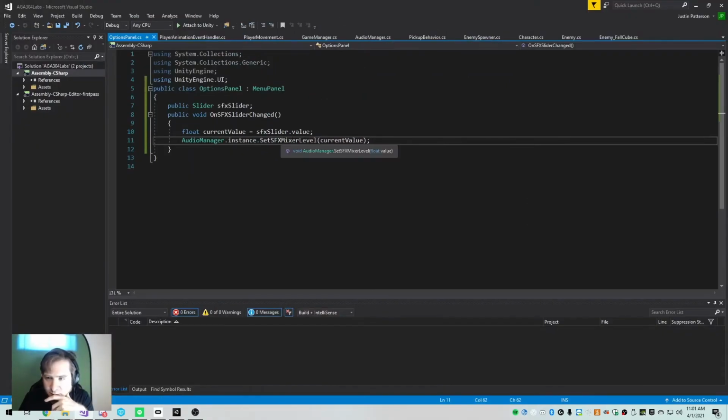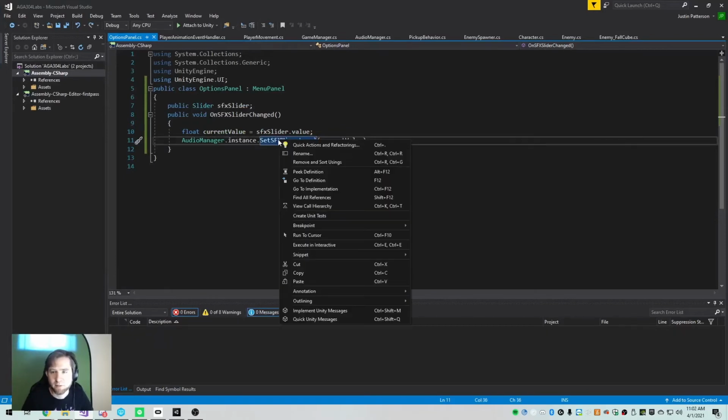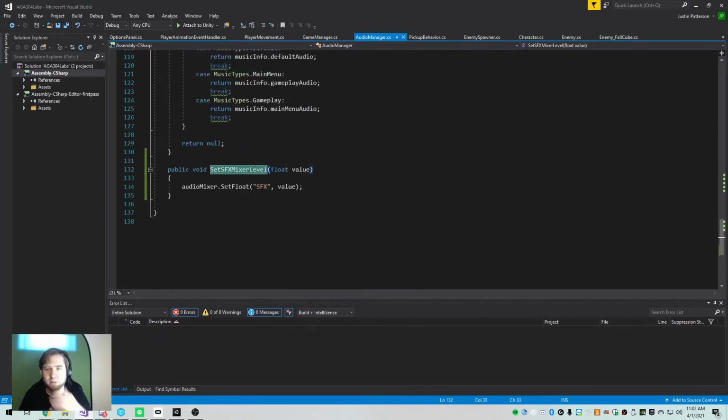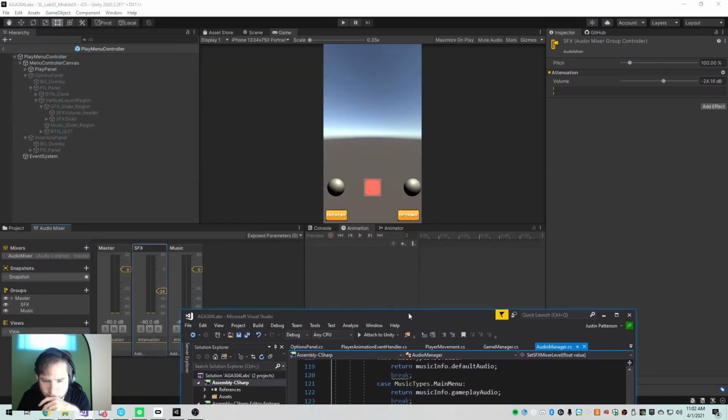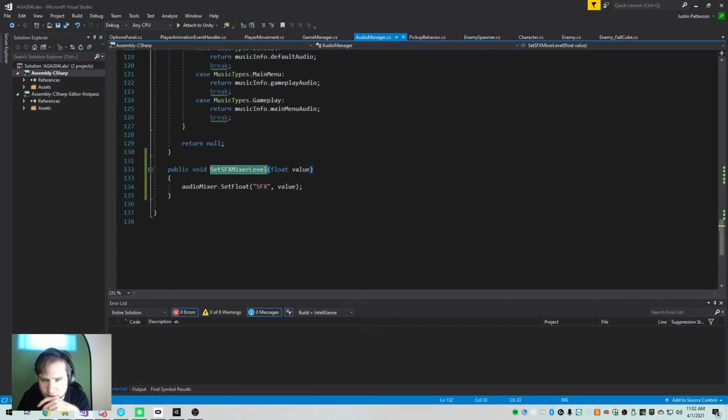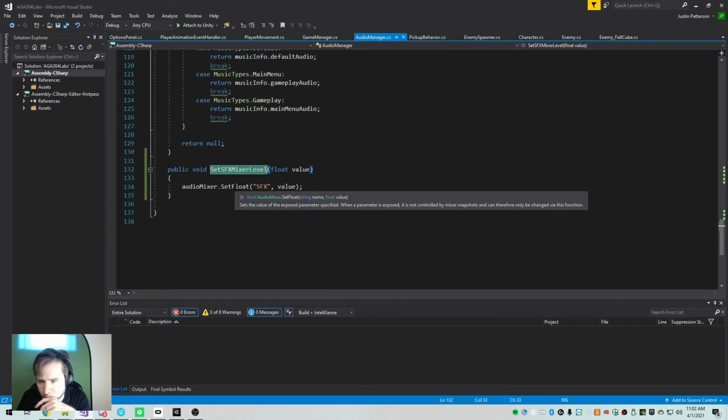Set mixer level to float value. Wonder if it's between 0 and 1. Let's just pass in a hard-coded -24. Excuse me, let's go to definition. What does it want? It wants the name, which is SFX. It wants the value. That's the value of the exposed parameter specified. When a parameter is exposed,